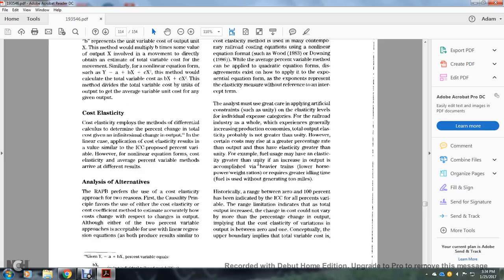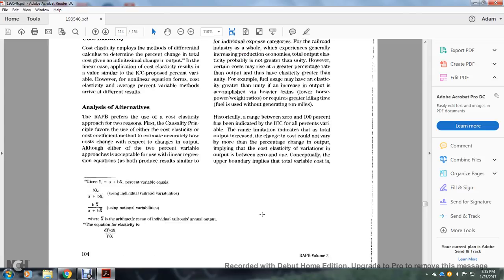Historically, a range between 0 and 100% has been indicated by the Interstate Commerce Commission for the percent variable. The range limitation indicates that while total output increases, the change in cost could not vary by more than the percentage change in output, implying the cost elasticity of the variation is between 0 and 1. Conceptually, the upper boundary implied for the total variable cost is